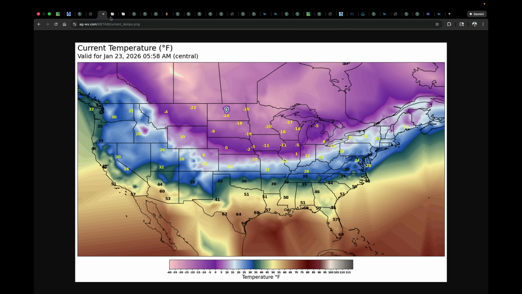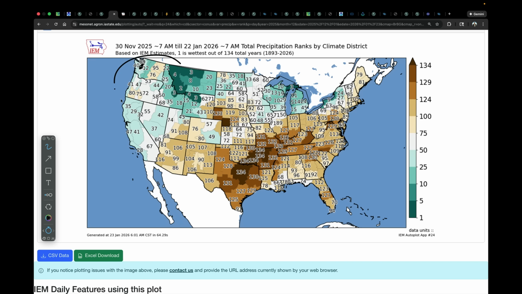Now, I mentioned the West. I want to point something out. When you look at the statistics since the beginning of winter, December 1st, we're like, what are you talking about? It looks pretty good. But you have to understand, this came all in early December when we saw a massive